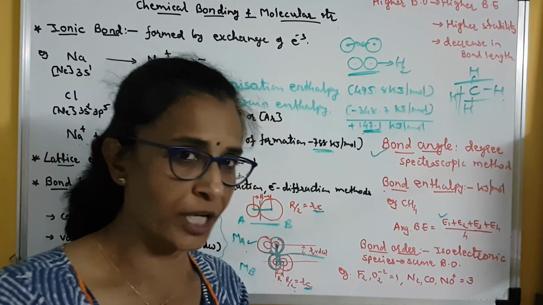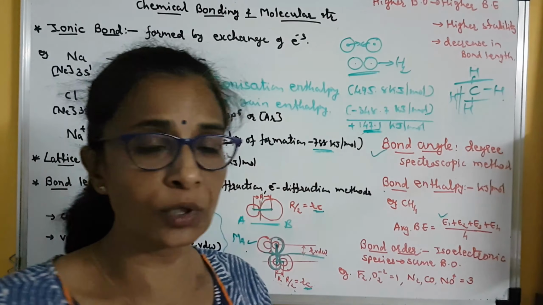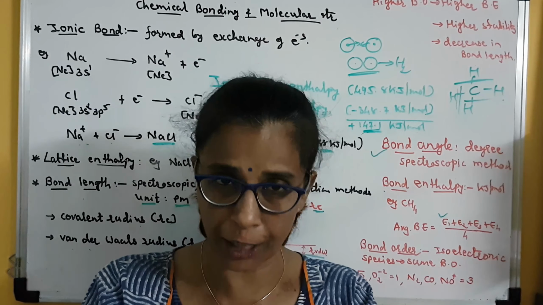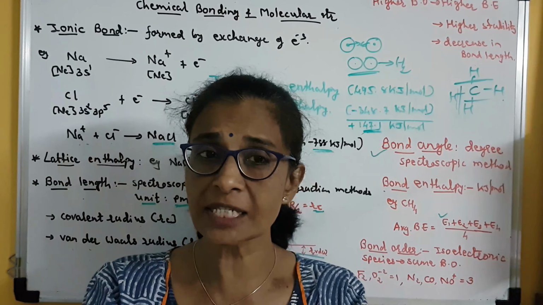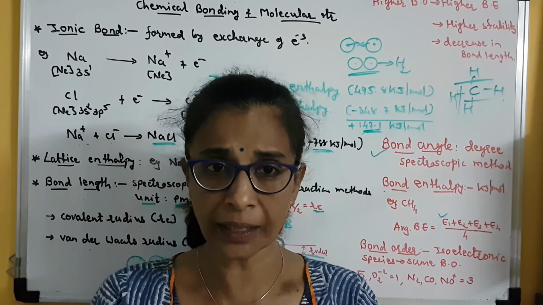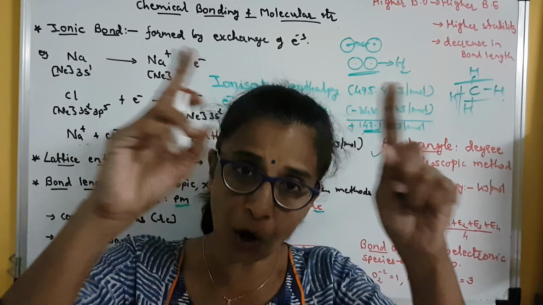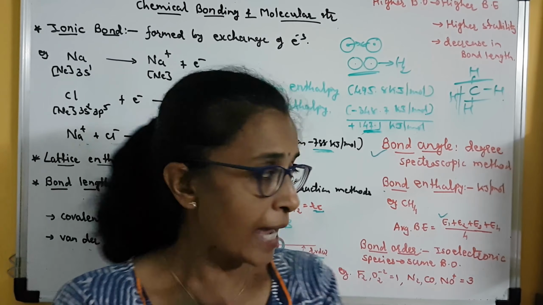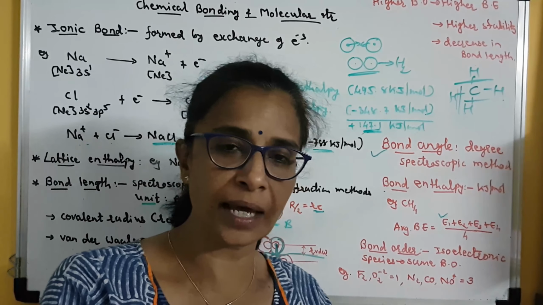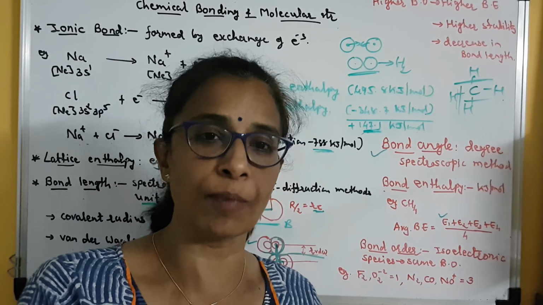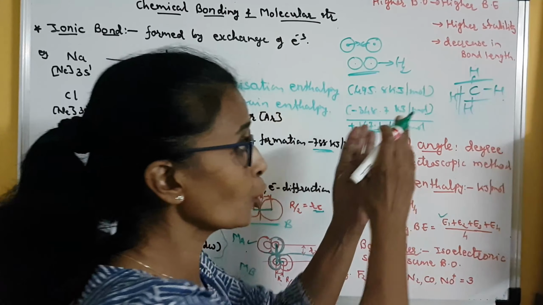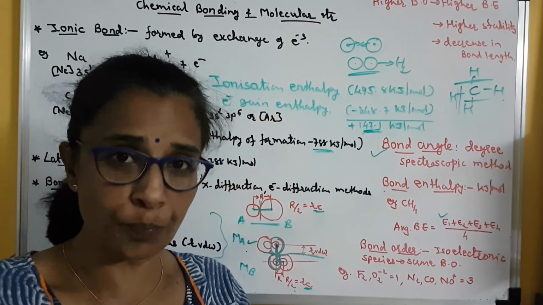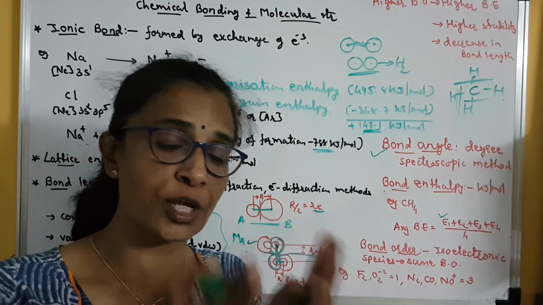What I mean to say is, though in the methane molecule 4 covalent single bonds are present between carbon and hydrogen, clear? All these C-H bonds are identical. Even then, in order to break all of them, different amounts of energy are required. Clear? As I told you, the higher the bond enthalpy, the stronger the bond. But here in this case, though the type of bond is the same, different amounts of energy are required to break them. Then how to decide the strength of the bond?